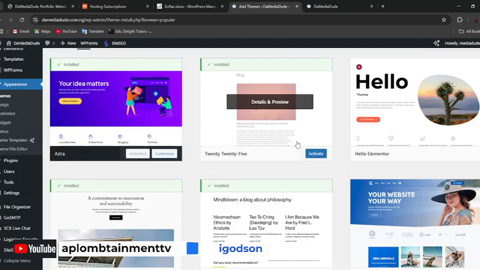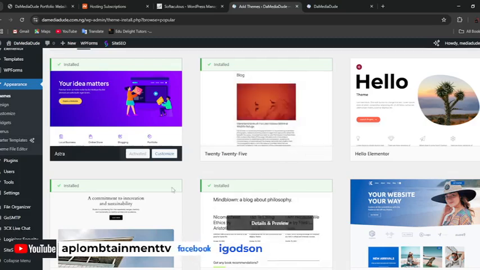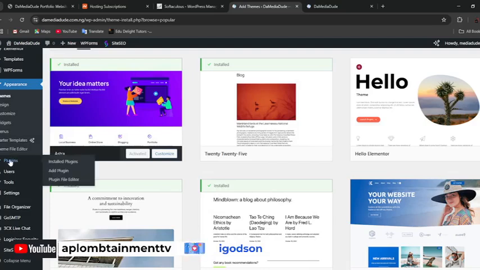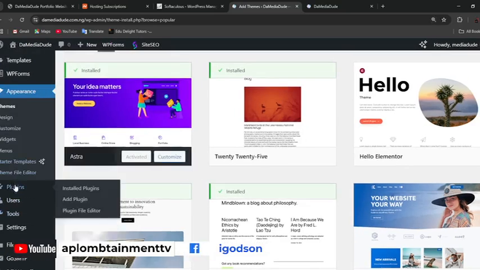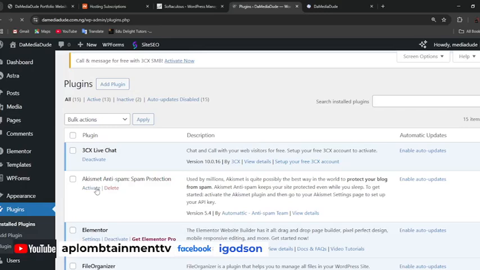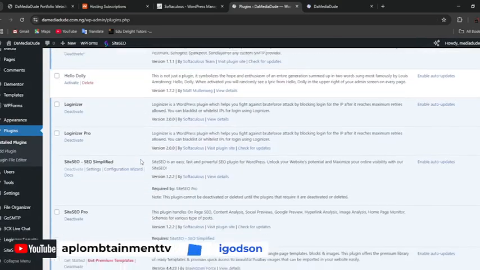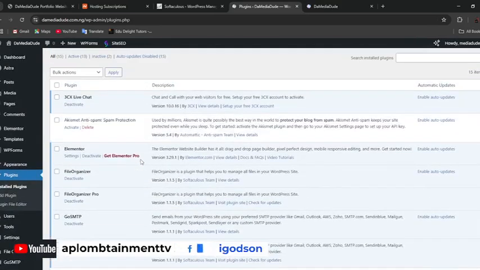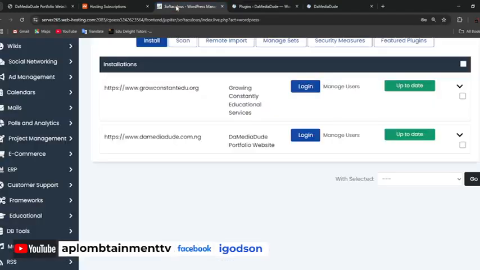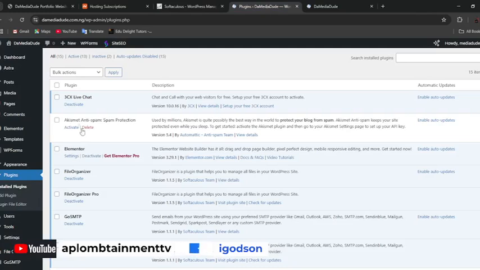Now, for you to be able to access the plugins on your website, simply come to this menu here. You can see plugins. Let's zoom in a little. The first option is to view the plugins already available. So I'll click on installed plugins. Then you can easily see the default plugins, the default plugins that actually came with the website when you first installed your Softaculous. So there are default plugins like this,